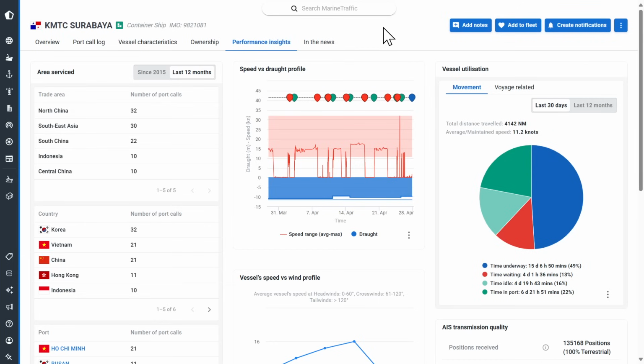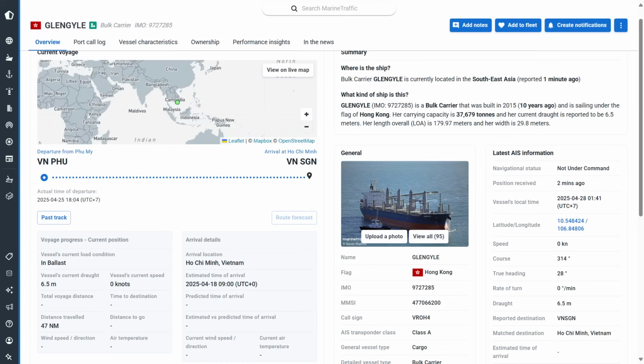Over the past year, the vessel has been operating basically in East Asia, Korea, Vietnam, China, Hong Kong, and Indonesia. So it appears to be what we would refer to as a feeder ship, just moving containers from port to port. Let's look at Glengyle, a Hong Kong registered vessel built 10 years ago in 2015, capacity of